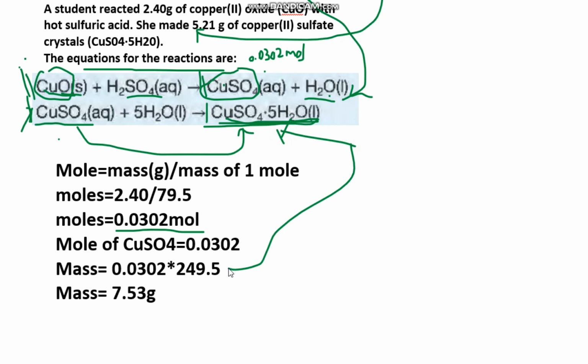I think you have not understood this, because we have found the relative formula mass here. I've done this as an imaginary example, and this is it. This same question is in the book as an example. If you don't understand, just read that and email me at my email address. Now we can see that 249.5 is the relative formula mass of this compound, hydrated copper sulfate,